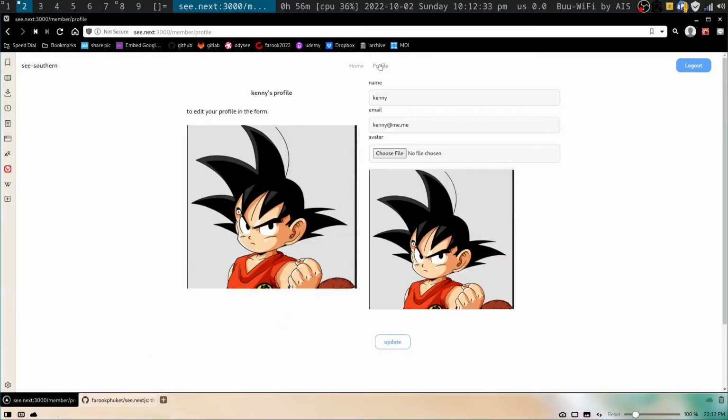So if you click on the profile, you'll be able to upload a file to the profile as well, and you can edit the name and email. But so far I'm not going to make this available for updating the password, not yet. So this is the member section,